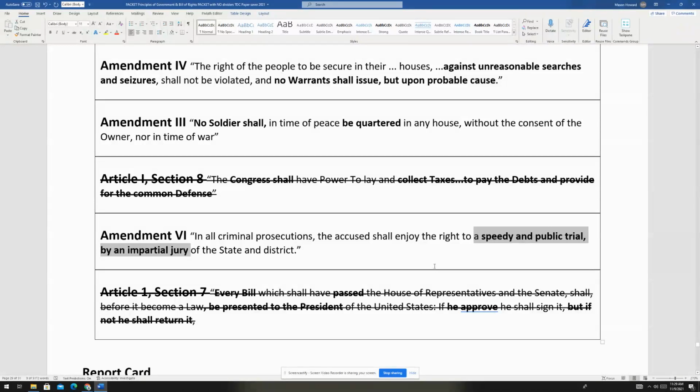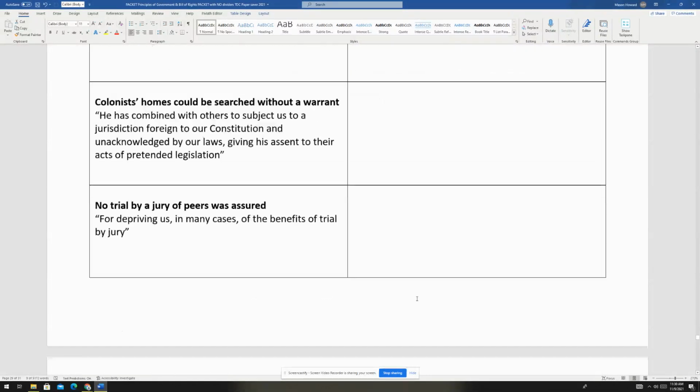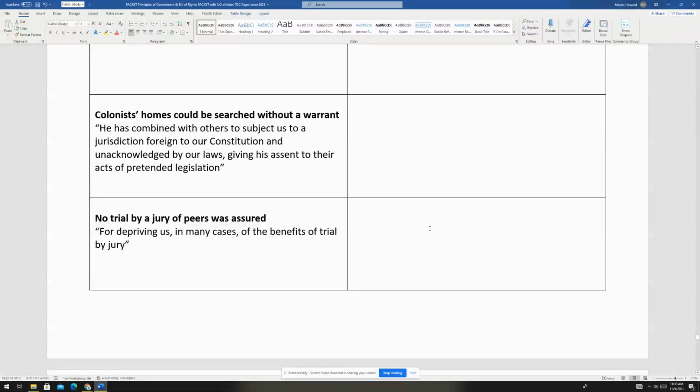I wish I was there so we could get off task and talk about what an impartial jury is. But juries are picked. They try and pick people that are not going to be biased already towards the trial at hand. There's so much I wish I could say, but I don't have time to. So speedy and public trial by an impartial jury. We wrote that into the Sixth Amendment to make sure that we get a jury of our peers. We put that in the Sixth Amendment and the Seventh, but remember, you don't have to do the Seventh.